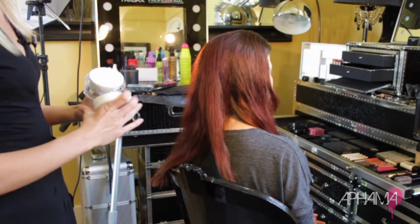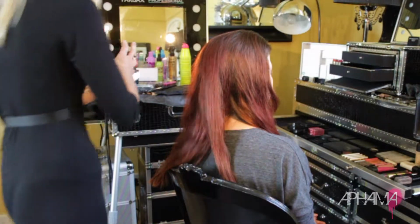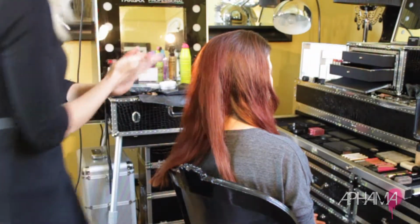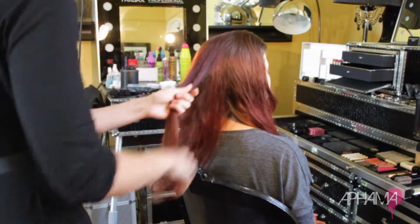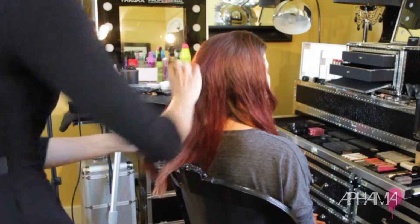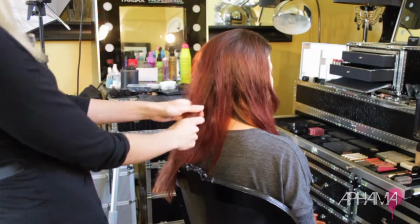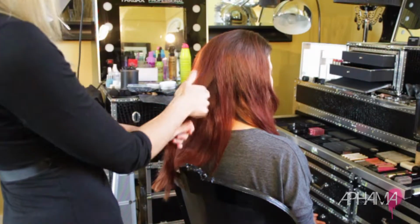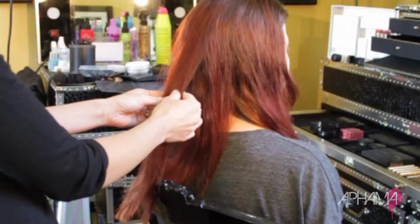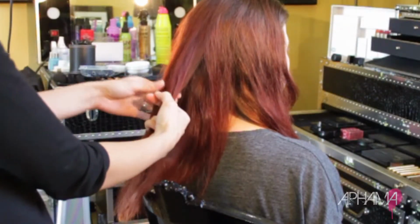So now you've got this smaller piece through the middle, you just want to smooth it out a bit. We want it quite a soft look, but we don't want any sort of frizzy bits. So I'm just going to use a bit of styling souffle. And I'm going to smooth it through that section there, just to give you a bit of texture to grab hold of also. And then the style is going to begin from the nape of the neck, so you can begin to plait from that sort of height down,